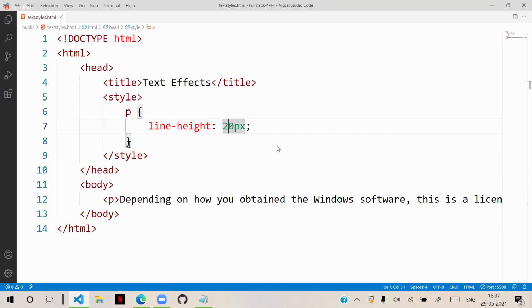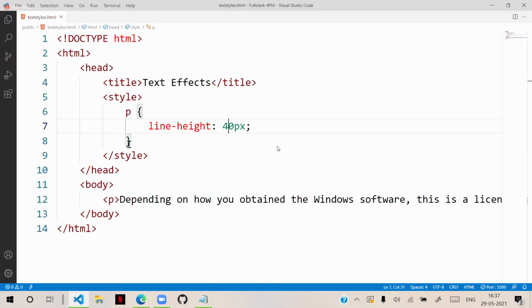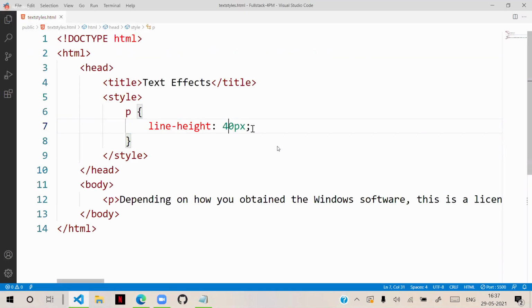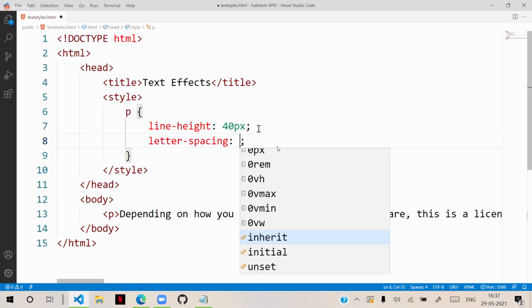Then the space between lines will increase. By default it is some size, and with 40 pixels the space between the lines will increase. So we can increase the space between lines and configure it by using line height. So that is line height. We can give space between the letters. We have letter spacing.